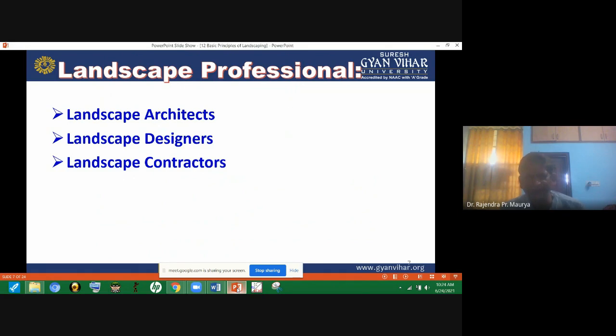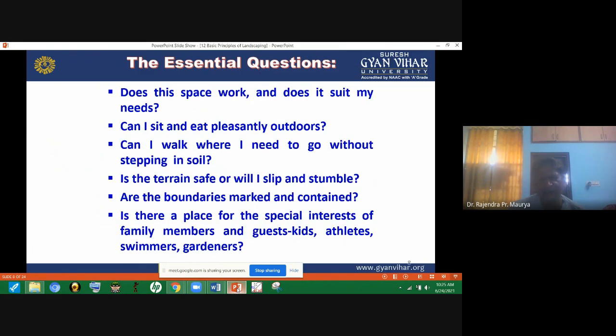Landscape designers implement the design made by architects on the ground, on the piece of land. And landscape contractors develop the landscape; they do the gardening work. These are the three important professionals.